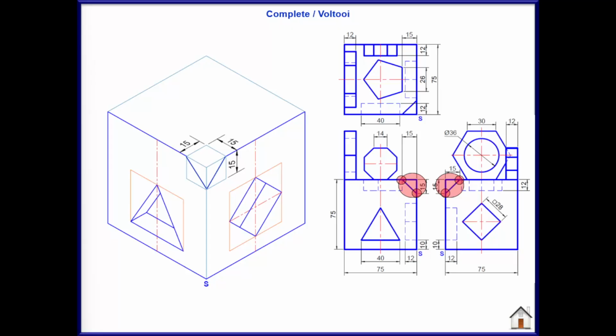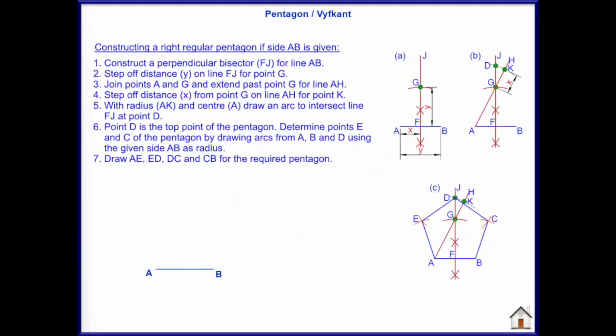When you look at the top view, we can see the dimension of 15 millimeters will be measured towards the right and also towards the front edge of the chamfered edge. You can clearly see in our top view that those two edges are connected, so you will just connect the two edges to complete the chamfered edge for those specific 2 points on my top view as well. The next part that we will draw in our isometric drawing is our pentagon.